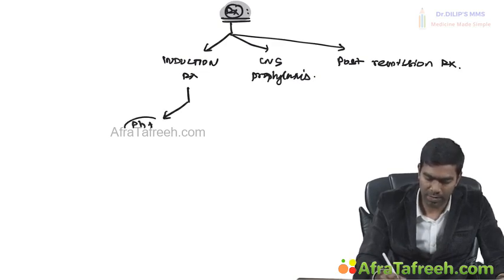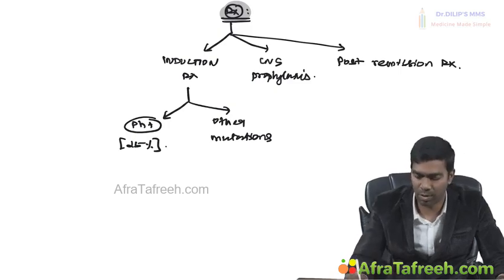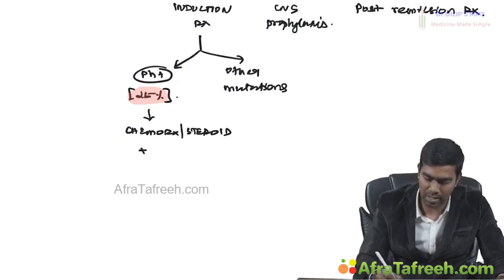You can divide induction into whether the patient has Philadelphia positivity or other mutations apart from Philadelphia positivity. Remember, Philadelphia positivity is seen in approximately 25% of patients. Clear? The t(9;22), BCR-ABL translocation. So in Philadelphia positivity, you have to give standard chemotherapy and a steroid, plus, most importantly, you have to add a tyrosine kinase inhibitor like imatinib, which we'll see in detail in CML. But right now, along with chemotherapy, you have to add imatinib or any other tyrosine kinase inhibitor, which is really, really important.